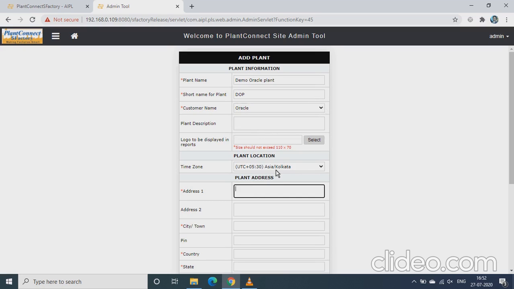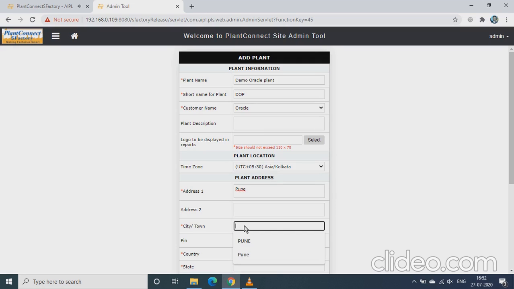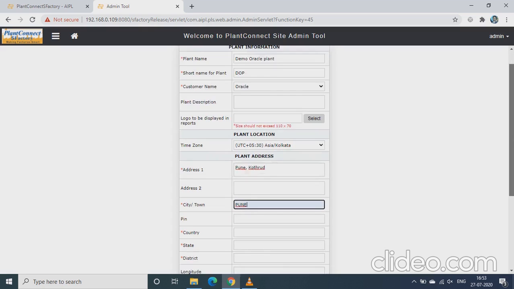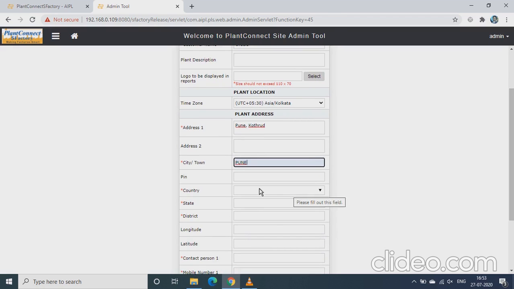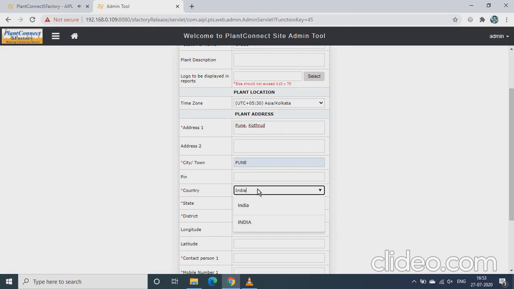Then select the time zone. Then in address, add the address as Pune, Pune Kothur. Then in city, add Pune. The PIN number is not a mandatory field, so you can skip it. Then give the country